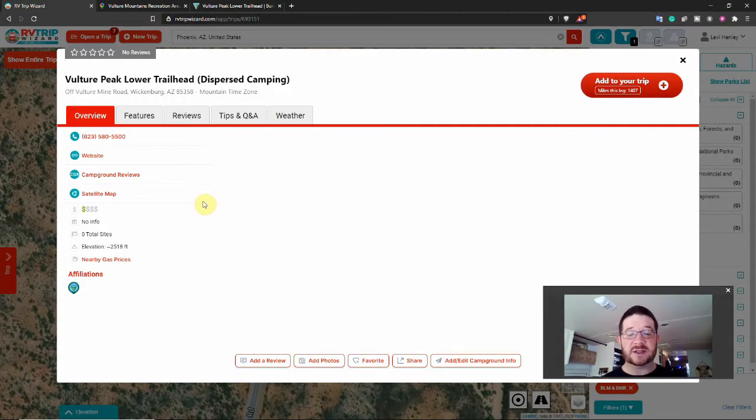Now keep in mind, everything that we've done so far, we've gotten to all of it simply by turning on the BLM DNR filter in RV Trip Wizard, and then we've utilized the links that they have. Now, I could find out definitively whether this is a free campsite a couple of ways. One, they give a phone number right here in RV Trip Wizard. I could call them and ask directly and probably get a pretty good answer. Another thing that we can try to do here